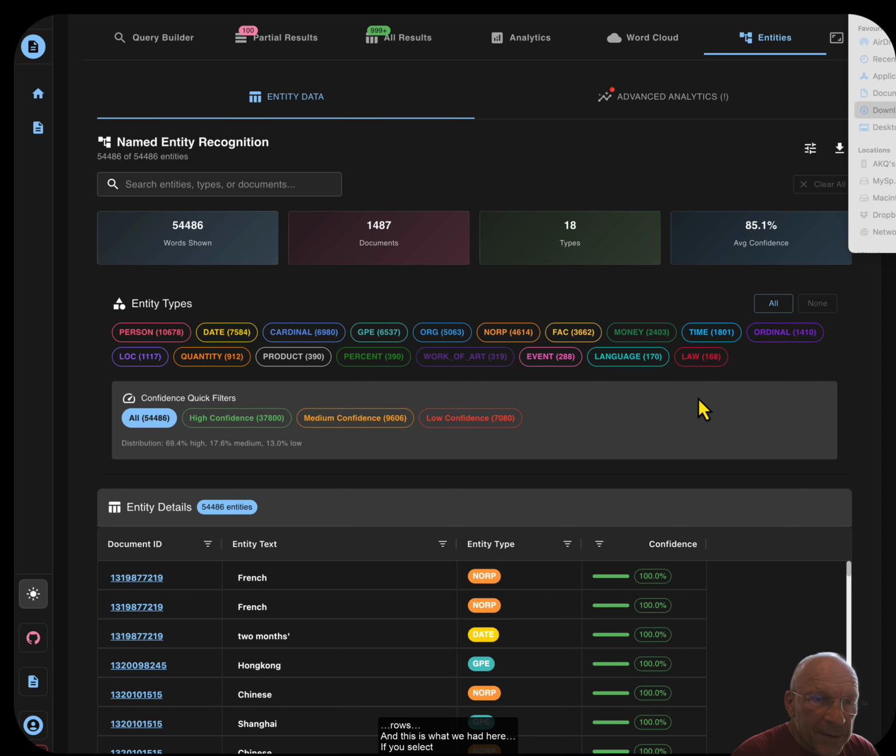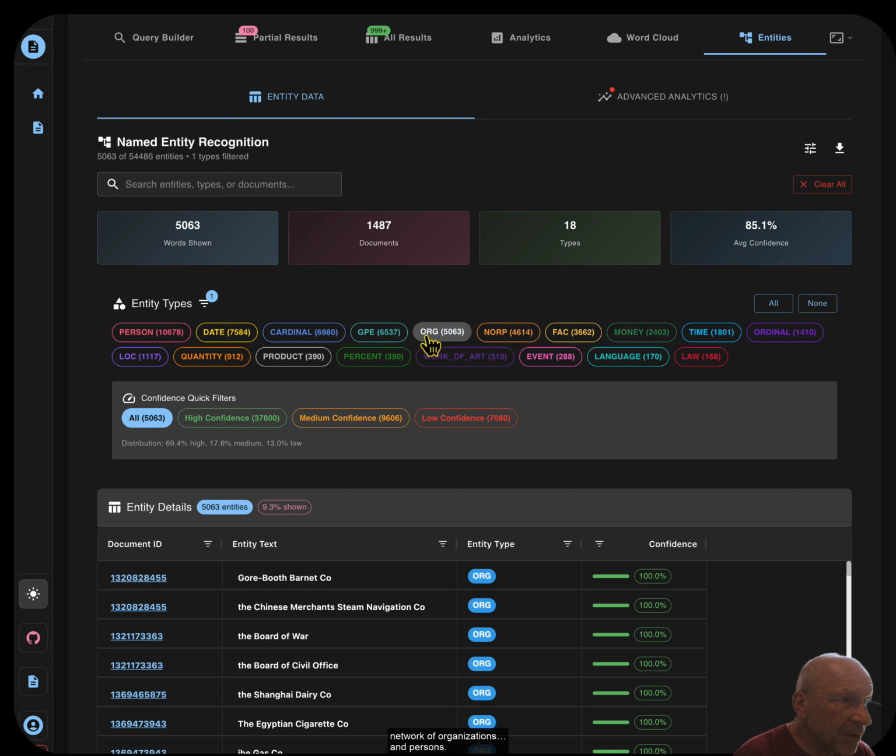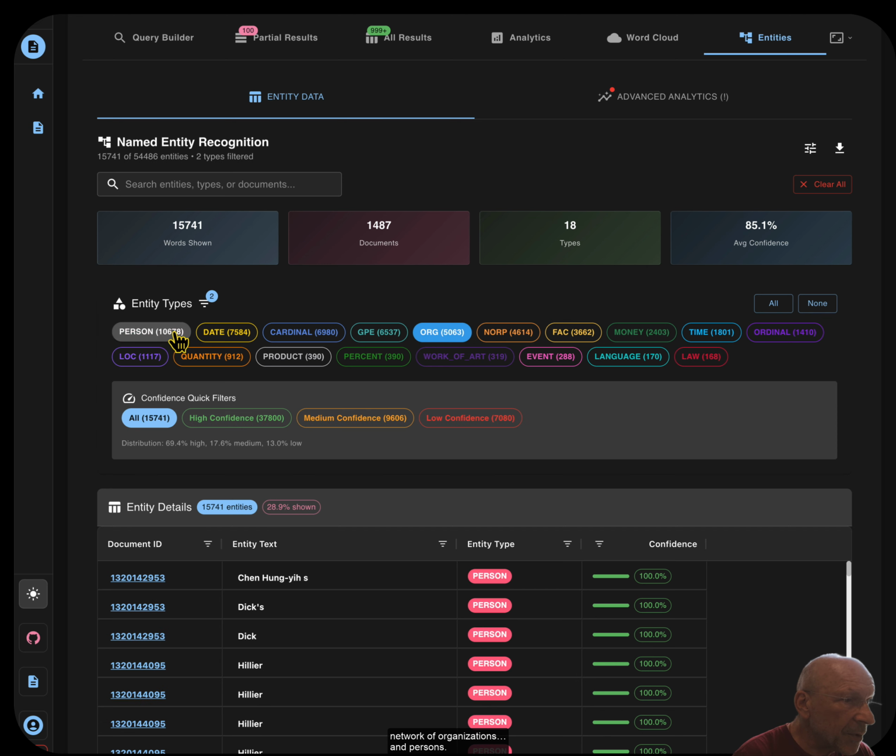If you select certain categories, let's say you want to do network analysis. You want to build a network of organizations and persons. You just select these two, download in the